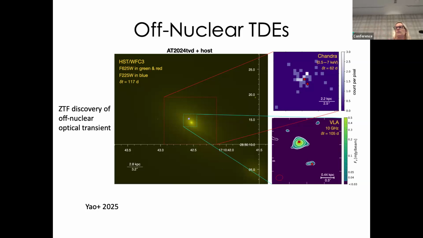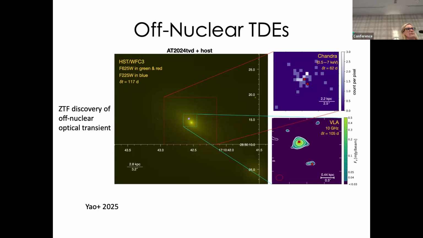But we're very good at distinguishing between supernovae and TDEs from their optical light curves. But you are just dealing with a lot more contamination as you go off nucleus. So you have to be more careful, and there's more chance that it could be a weird supernova. So it's harder work. But with the X-rays, you don't have that issue.